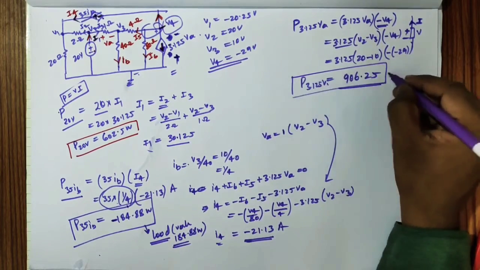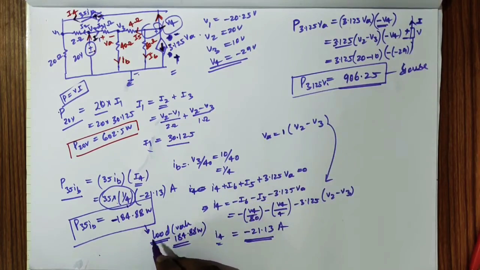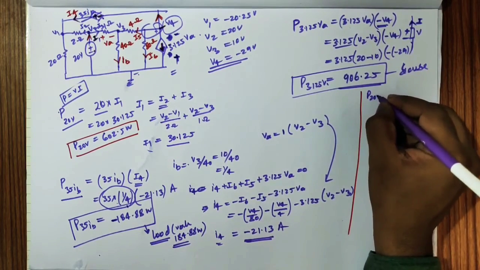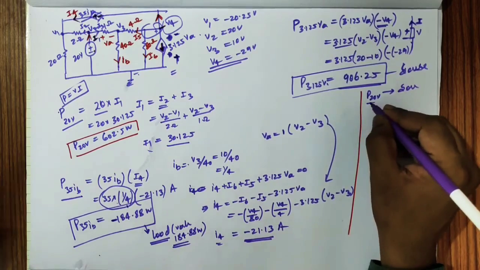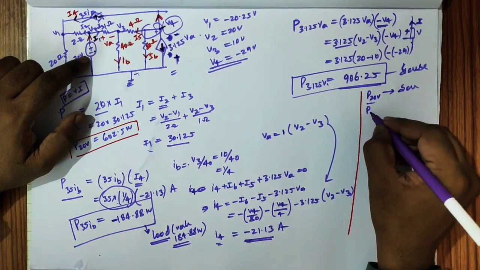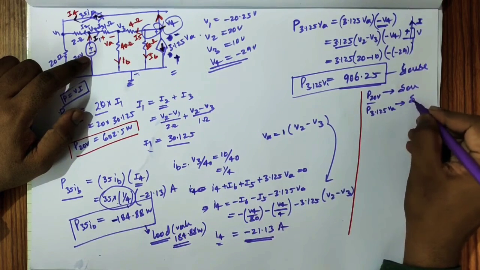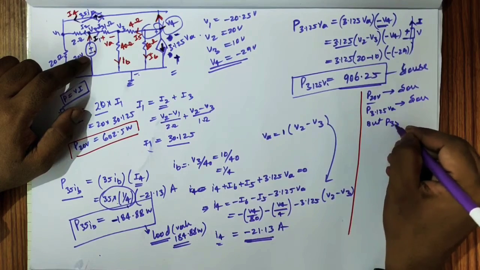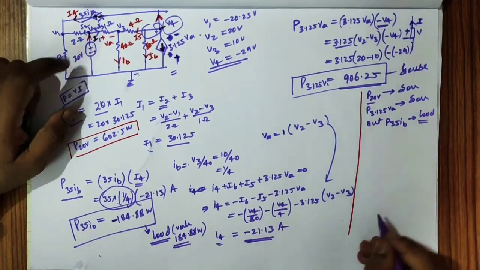Therefore this is a source here. Now by concluding this, we finally say that P20 volts is a source, and P3.125 VA is a source, but P35 IB is a load value. Okay, now we'll find